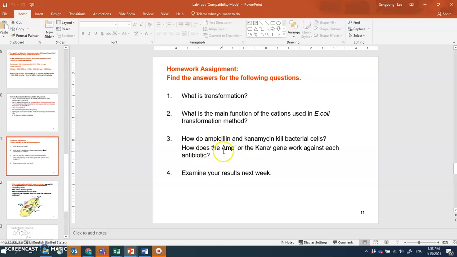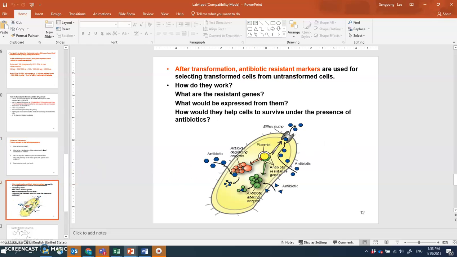So how does the ampicillin resistance or kanamycin resistance gene, which may be carried by the plasmid DNA, help the cells to survive in the presence of antibiotics? You may have to do a little bit of extra study to answer the question, and then examine your result next week. So for question number 3, antibiotic resistance can be